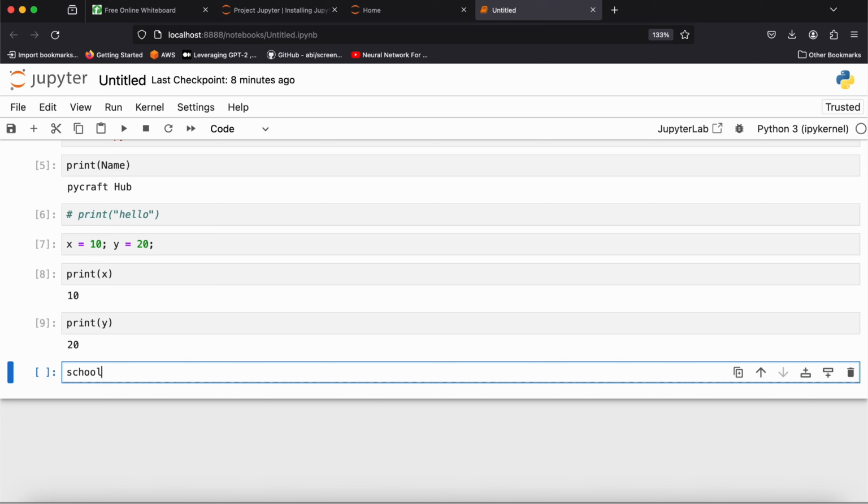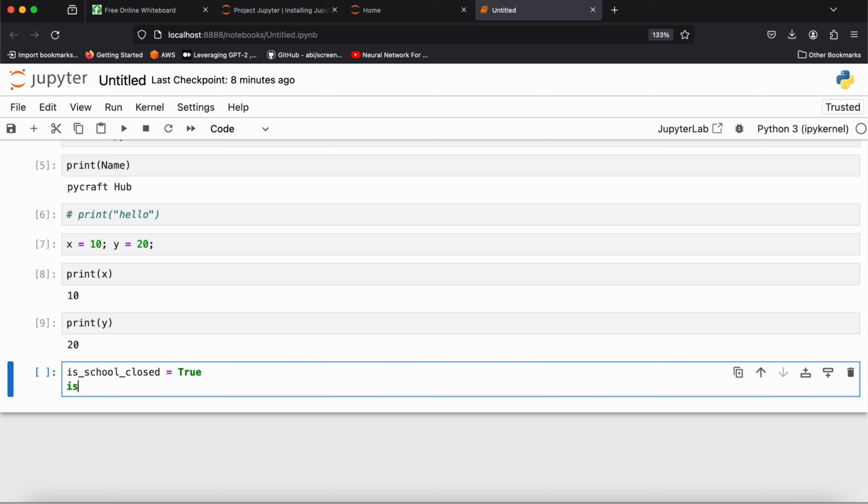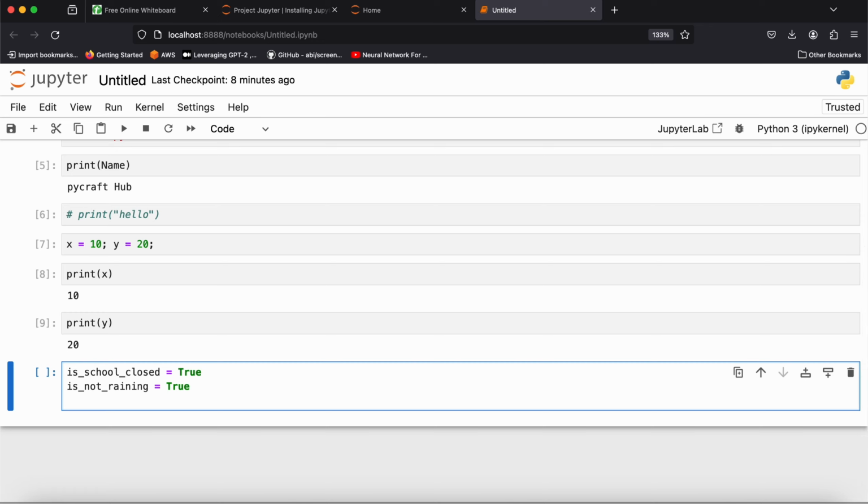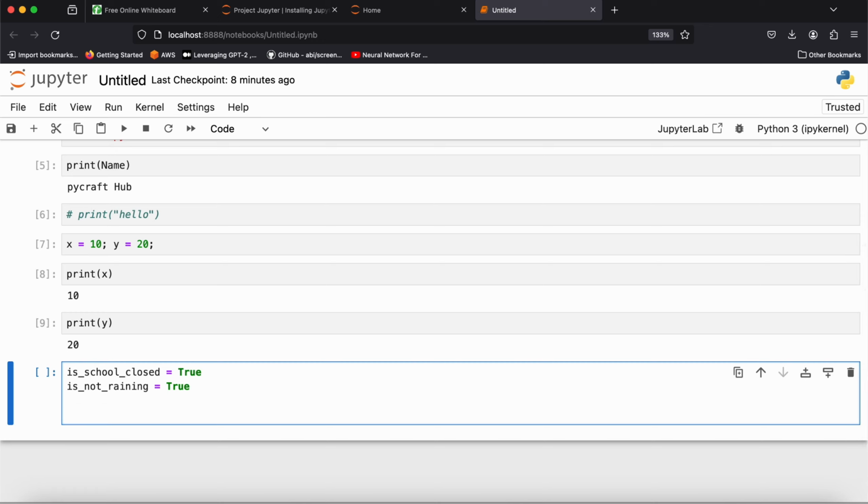So what I will do, I will create a variable called is_school_closed. So let's say school is closed, which is true. Is raining, is not raining outside, so it is also true. Then we will go out and play. So what we will do, we will write if